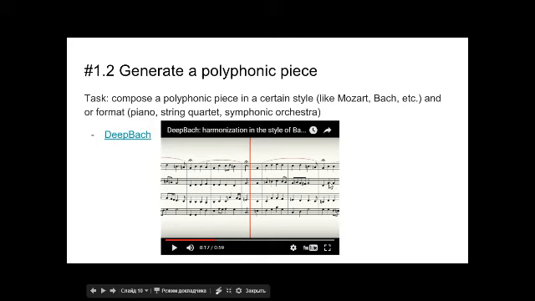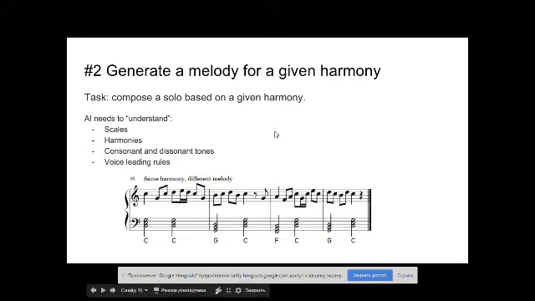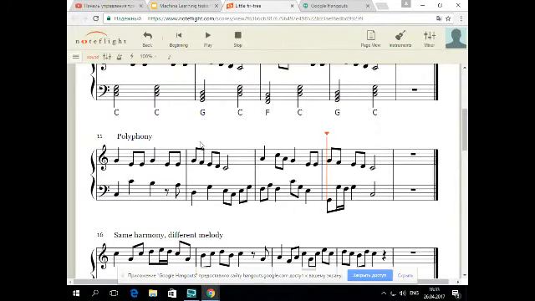And so on. So it sounds very good, and that's sort of this problem solved. Still, I'm sure there is more to review here and to research. But the actual task that I faced in my music life is how do you compose a solo based on a given harmony? So when you have a set of chords, when you have the background for your music, how do you create a vocal part or a guitar solo that would sound nice? So let me illustrate this again on the little fruit tree sample.